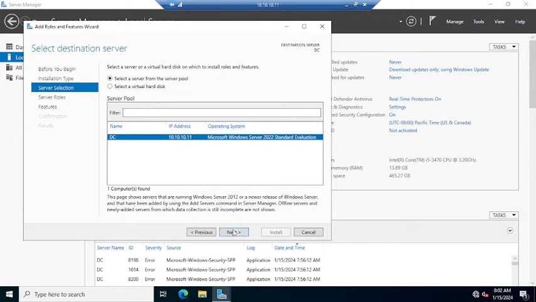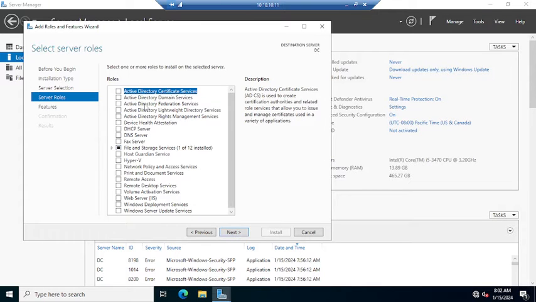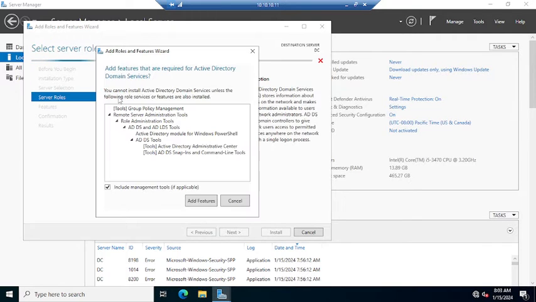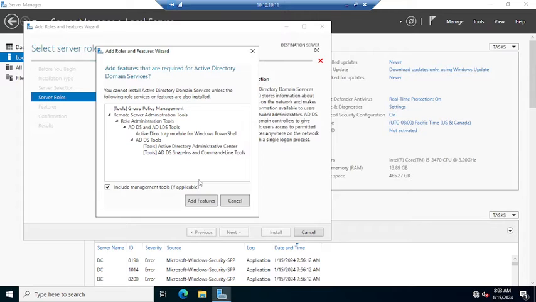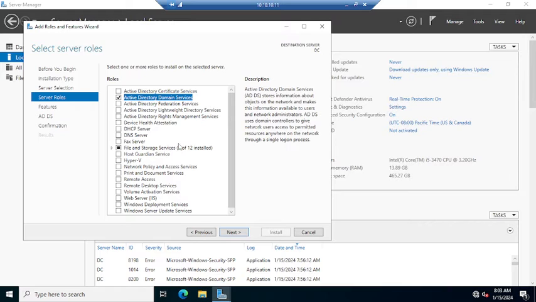Click on next, and here you can see Active Directory Domain Services. We have to select the second option. Let me show you again, this one, second option, and click on Add Features. Add features that are required for Active Directory Domain Services. Once we click the Add Features option, it will automatically add all those required features. So just click here on Add Features and